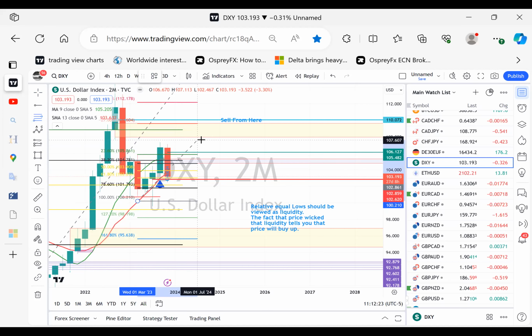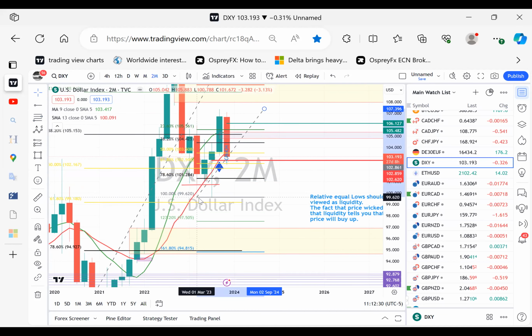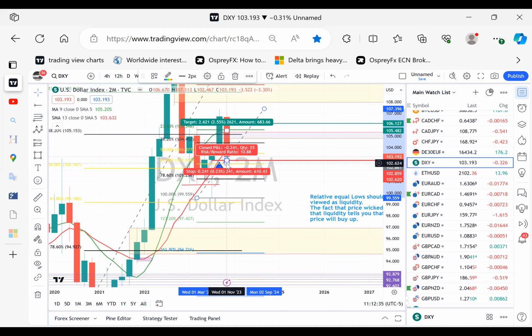You get the CHOCH move, you get the pullback to your 62. And now we can either be off to the races, or maybe we push down to the 78. Maybe we go deal with the imbalance in this 2-month bearish order block right here. Maybe we go up and hit this imbalance, push down further, then go up. Either way,